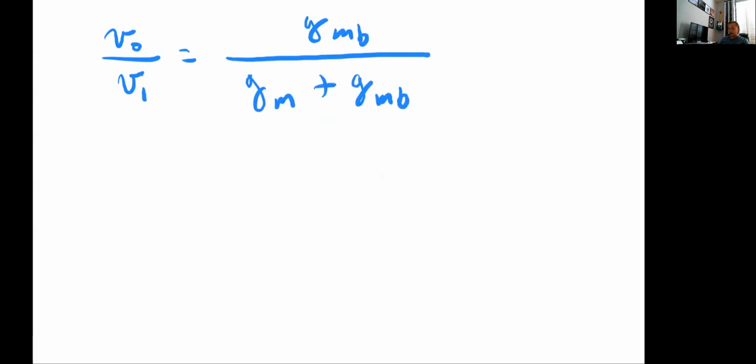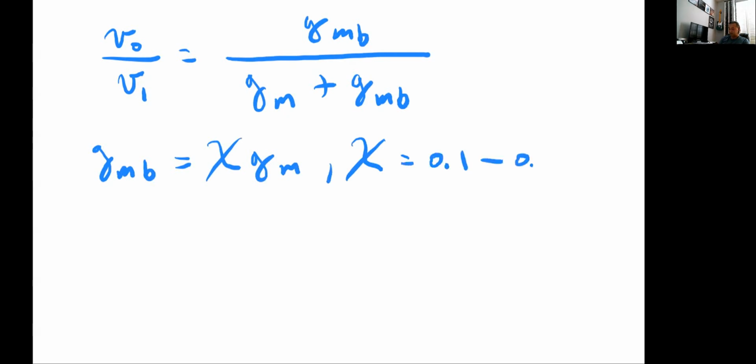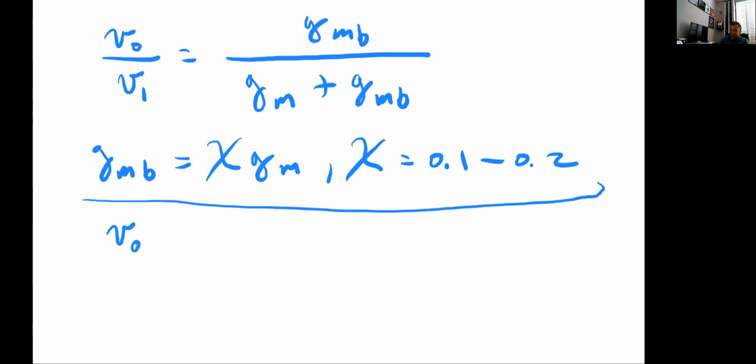There is usually a factor that relates GMB to GM. We use it just to show that GMB is much smaller than GM, so that the effect is weaker. We say that GMB is equal to chi times GM, and normally GMB is about 10 to 20% of GM. That's how much smaller it is. So if I use this here and apply that to that expression,